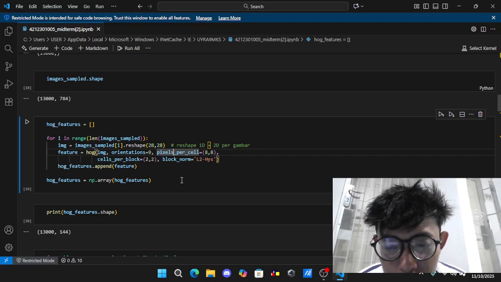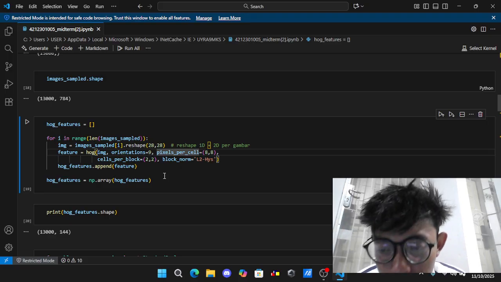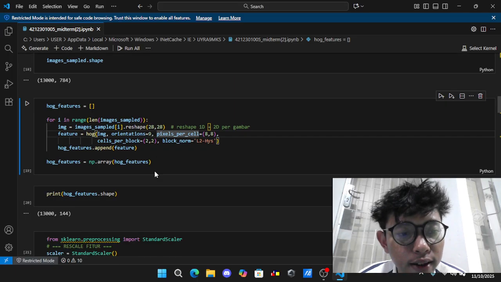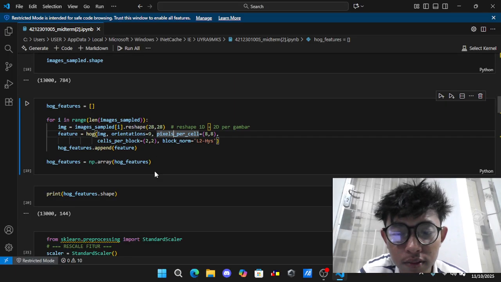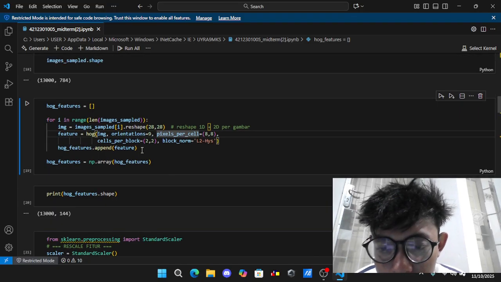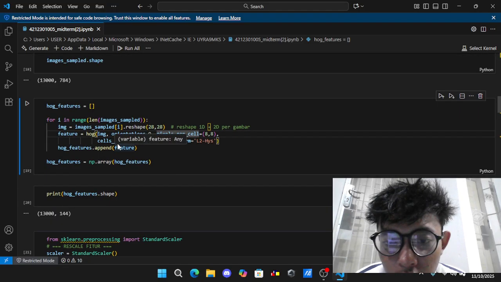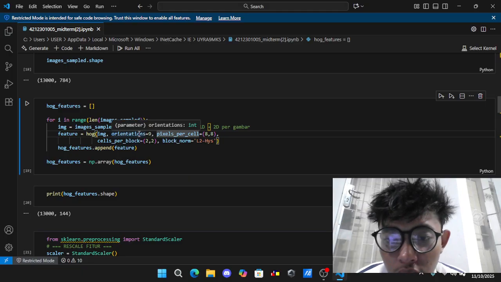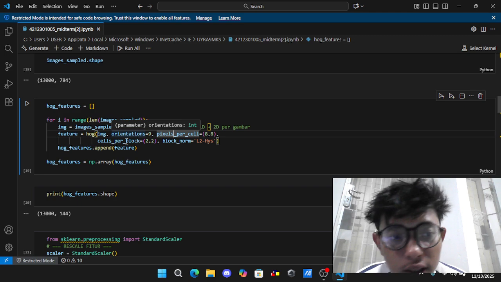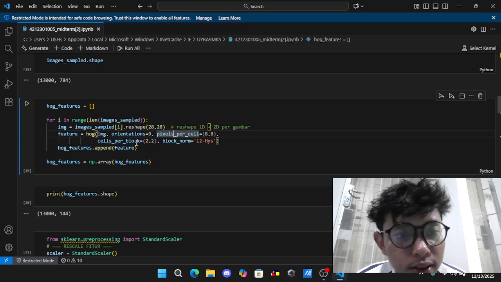This procedure makes the dataset more balanced and reduces the amount of computing needed for training. Then the HOG features use the gradient pattern or edge direction to differentiate the letter shapes.